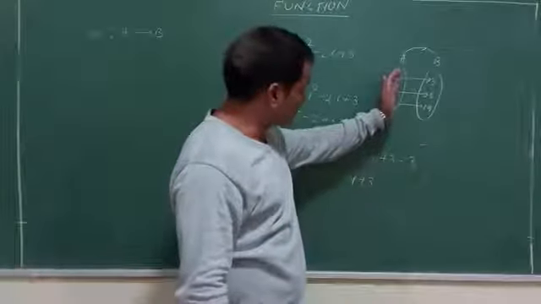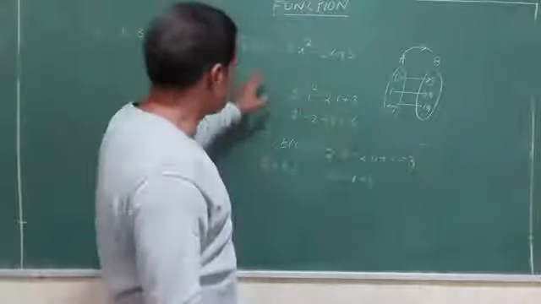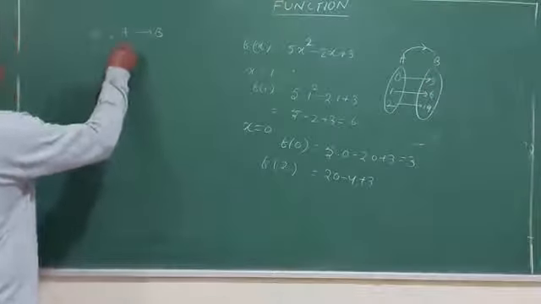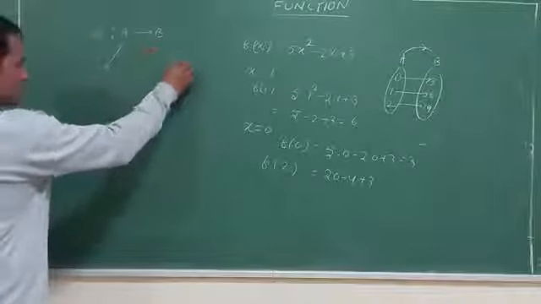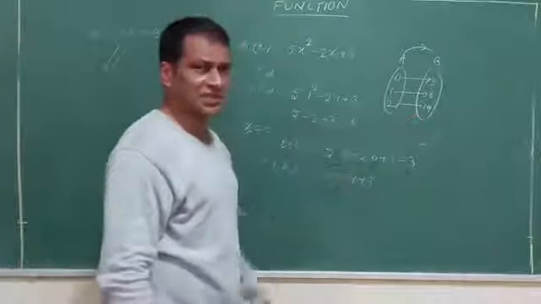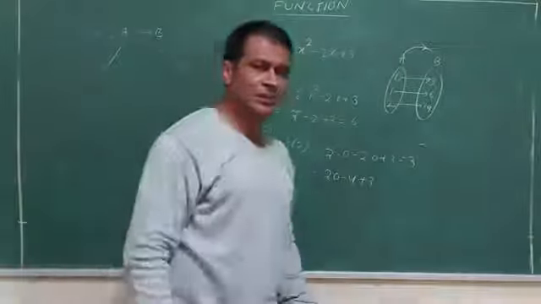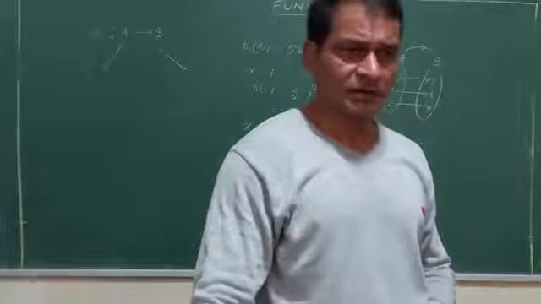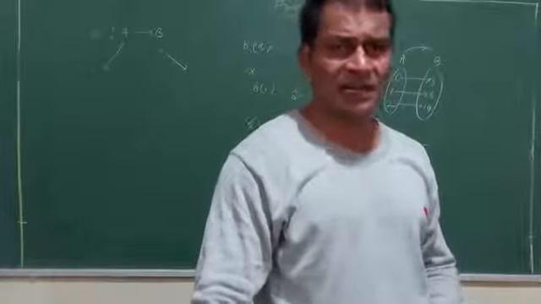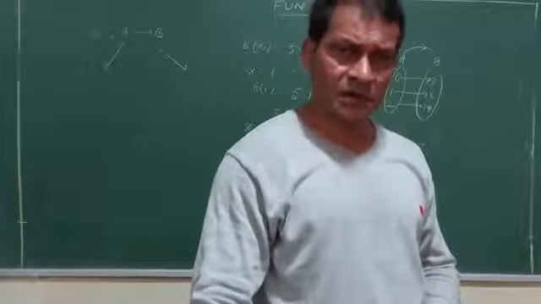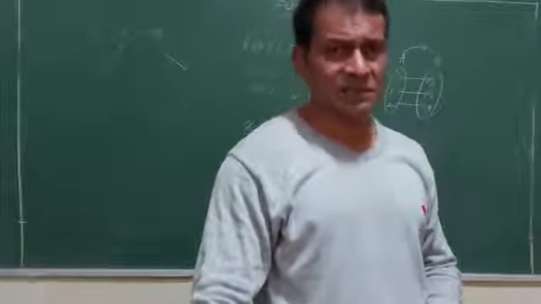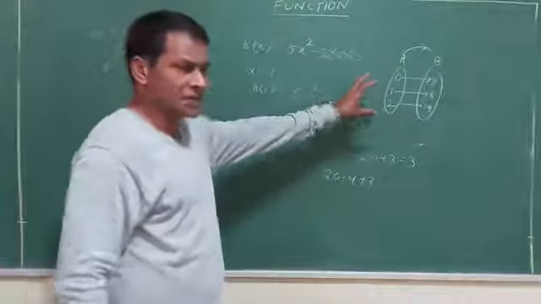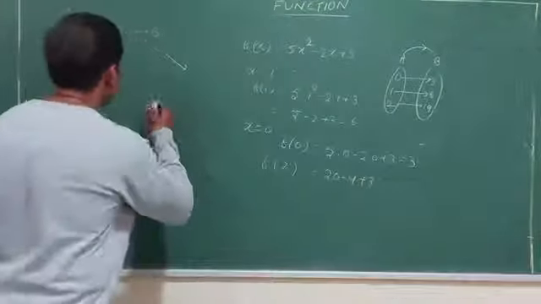These are the inputs for the function. If I am giving the input x here, these are the outputs. That means whenever I write down a function, there are two sets. This is the set A and this is the set B. What are sets? A set comprises elements, a collection of similar types of data elements. Those elements can be numbers, alphanumerics, or alphabets. So, when I take the example of a function, A and B are sets.